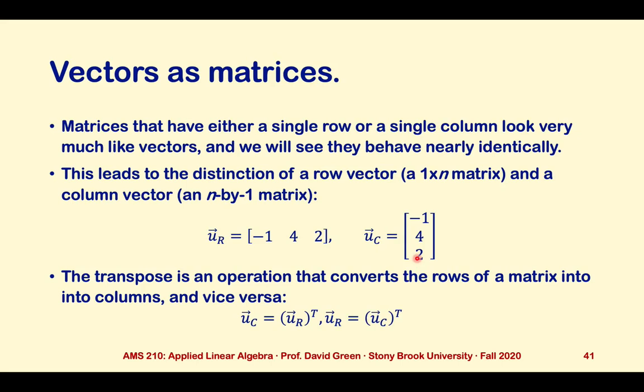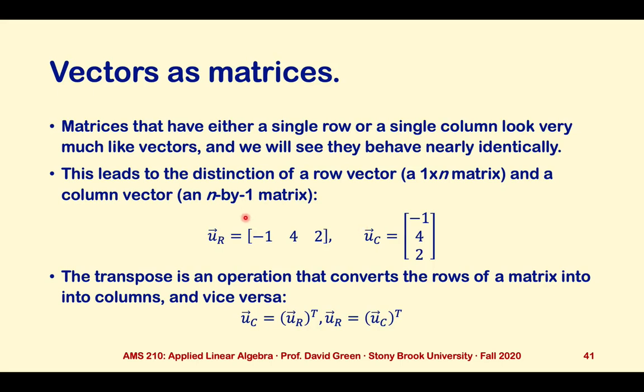This distinction is mostly important just to be clear about the rules of how we multiply things using the laws of matrix multiplication. Because from a conceptual point of view, if we think about a spatial vector, a vector corresponding to an ordered list of elements, whether we write them as a row or as a column is irrelevant. The only reason the row and column orientation matters is because of the rules of how we work with matrices, not with vectors,